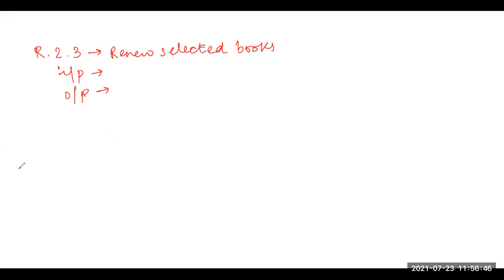So here what is the processing done? It is checked whether anyone has reserved any of the requested books. It will only be able to renew the books selected by the user in the borrower's list. So if no one has reserved those books yet, then it can be renewed. Otherwise, if my book is already reserved by someone else in the coming 2 days, then I cannot renew my book again. Okay.